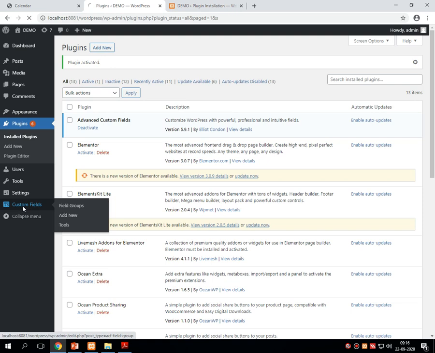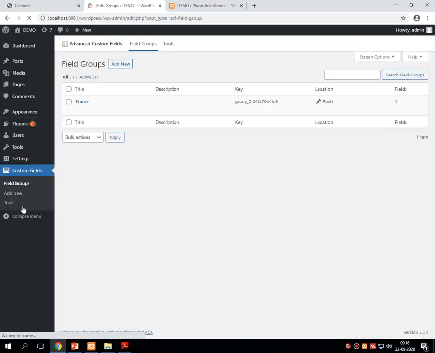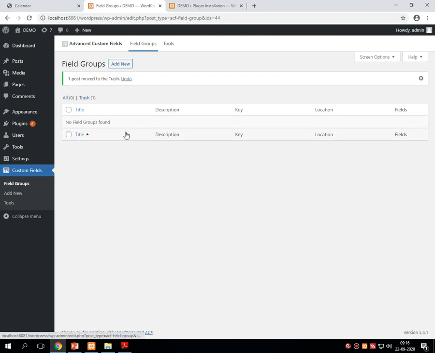So this is the option that we have to use for creating custom fields. So just click on this custom fields. I have created one custom field. Let me remove it. That means the first time whenever you click on custom fields, it is blank just like this. Just click on add.